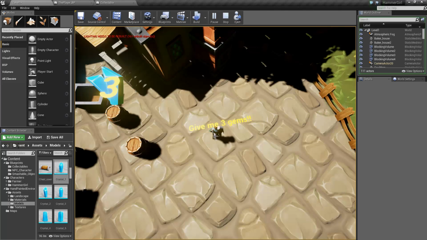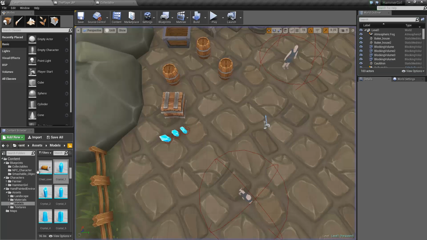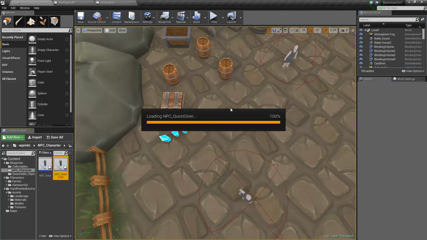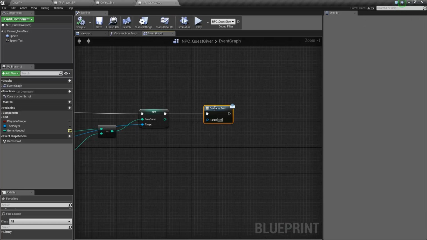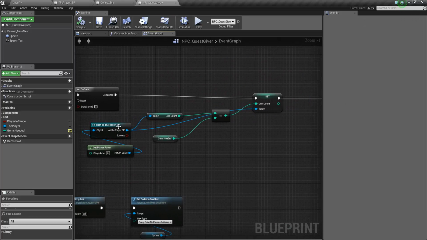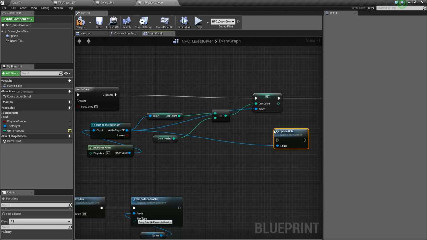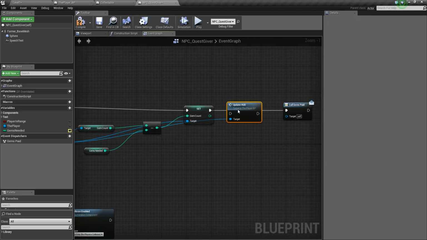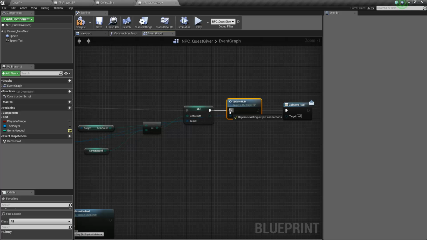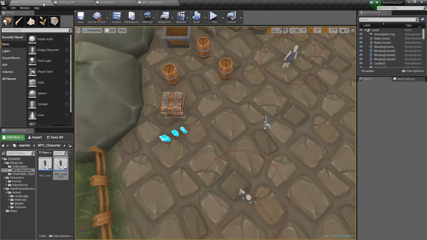We paid the gems and it's not updated, and that will be because in our NPC character, in the quest giver, just after here, we're going to want to update the HUD as well here, because it would have taken the gems away from us, but because we're not updating HUD, we won't set the text to be what the actual number is. So if we just do that again,